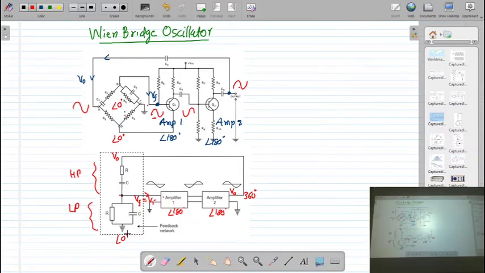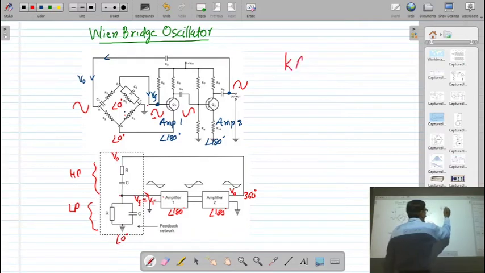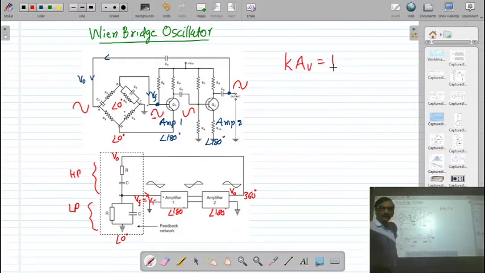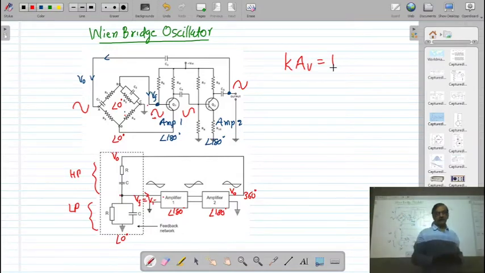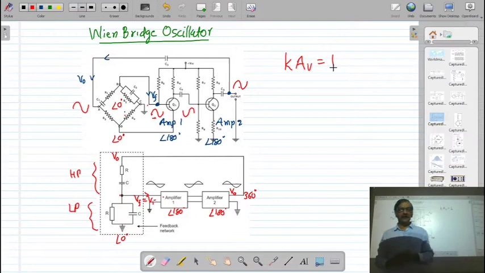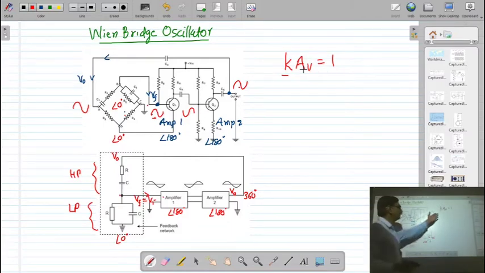Now we have to find out what is another condition for the Barkhausen criteria, that is K into AV is equal to 1. Correct? So if you can find out a feedback factor, we can calculate what will be the gain. Because here the K into AV has to be satisfied. Means what should be the minimum value of the gain of the amplifier. So we have to find out the gain of the amplifier, and for that we will calculate the K, and from that you can find out the voltage gain of the amplifier. Correct? So in that case, for finding a voltage gain, we will have to find out the feedback factor.